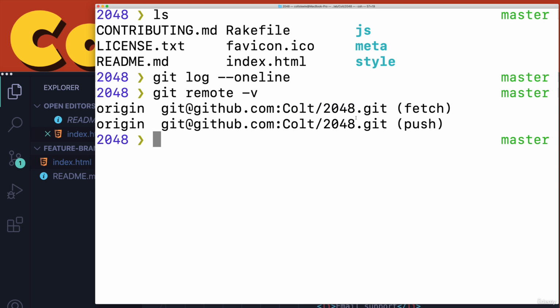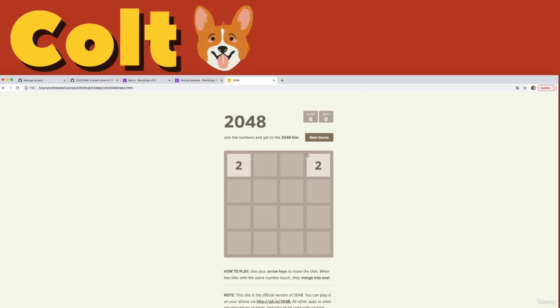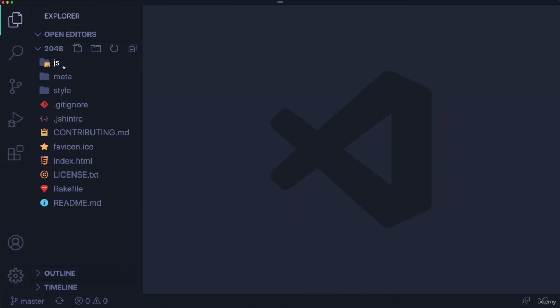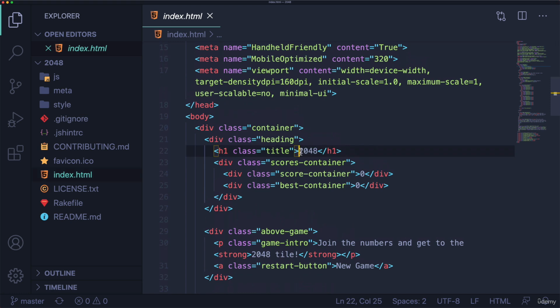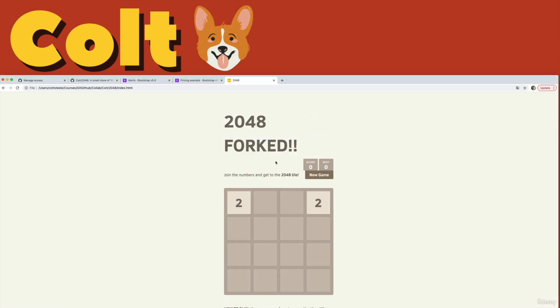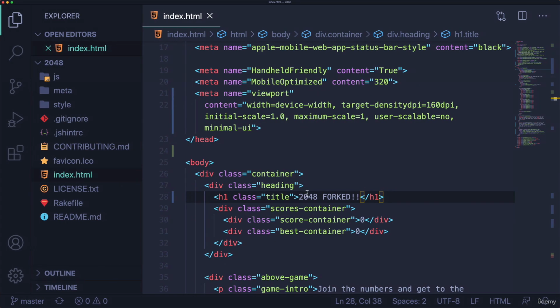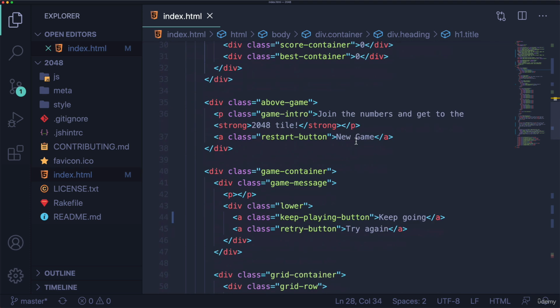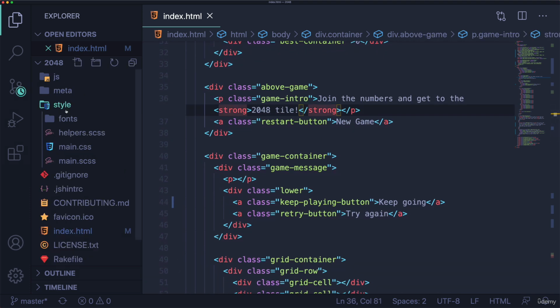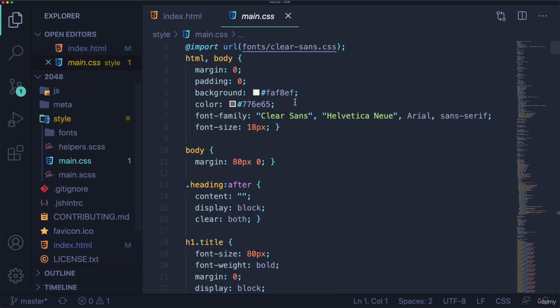So now I can do whatever I want. I can diverge and make some serious changes. So let's open this up. So here it is in the browser, just the file, index.html. I'll make some very simple changes, a single commit. Let's go with, 2048 forked, like that. Not an exciting change. Oh God, that really screwed things up, huh? Okay, well, let's go with 2048 and keep it like that. Well, maybe we'll just change some styling then. Very simple, new background color.